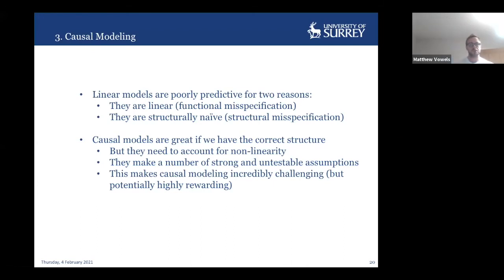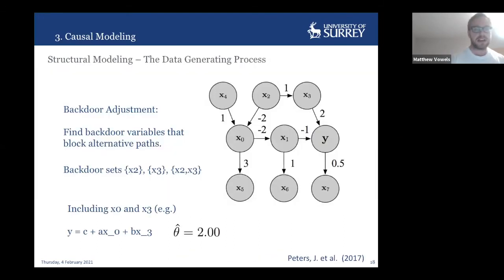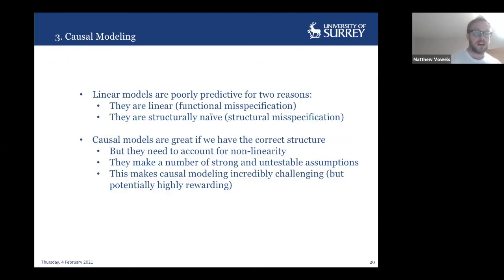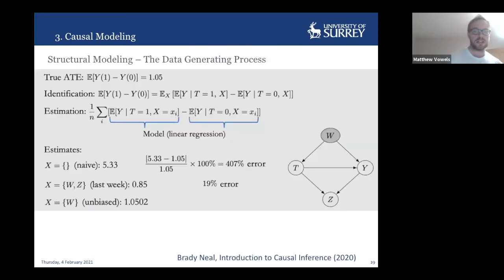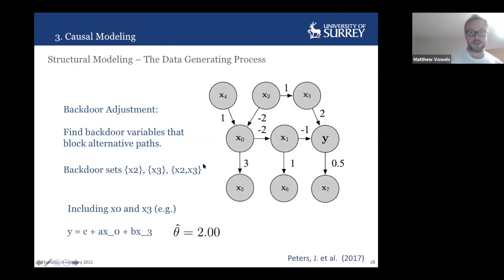Now, causal models are great. I didn't really explain how, but you can achieve an unbiased estimate of x0 on y here if we know something about the structure. I demonstrated in the last workshop using backdoor adjustment according to Pearl's do-calculus, but actually there are other ways to do it as well. But you still have to know something about the structure itself. One thing you could do is structural equation modeling. If you did structural equation modeling and got the structure correct, you would get that correct estimate.